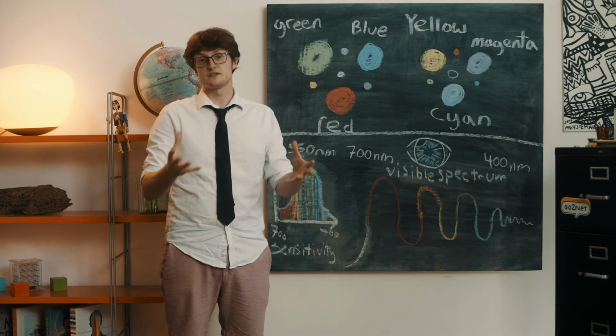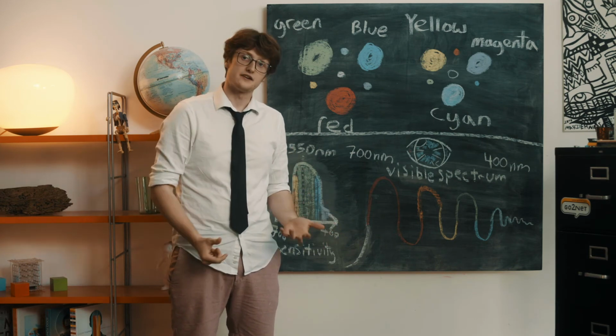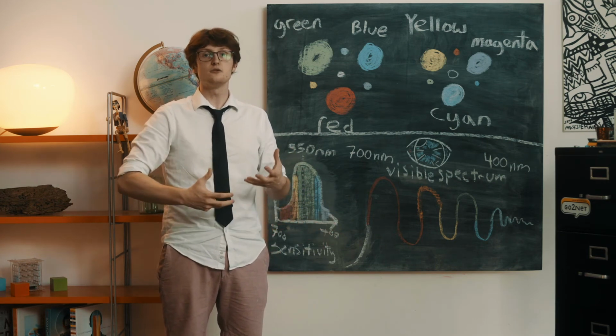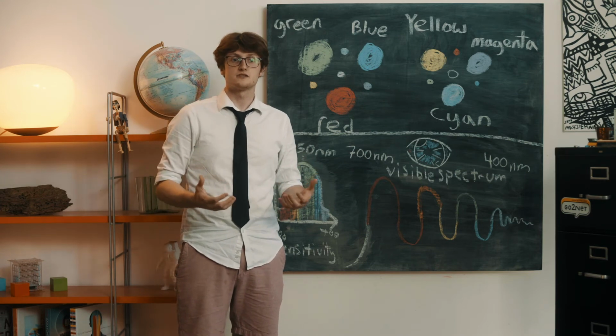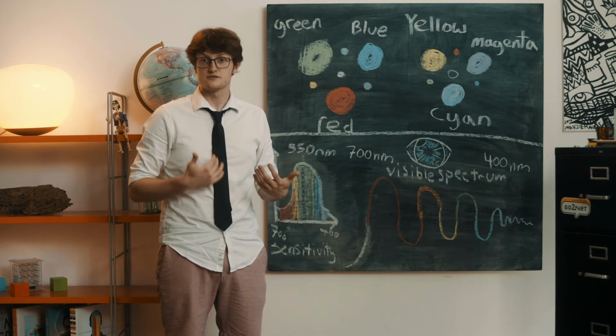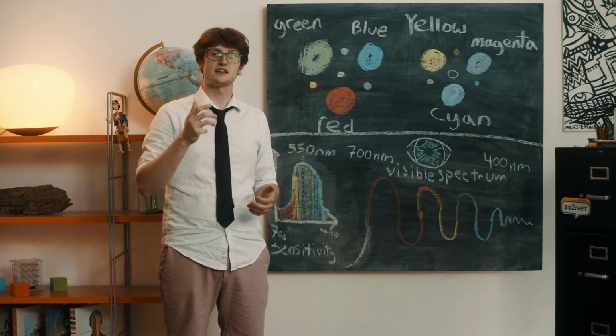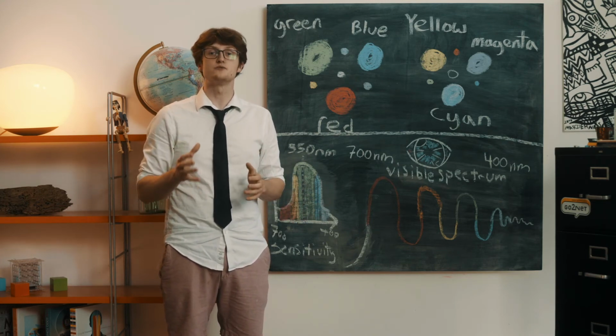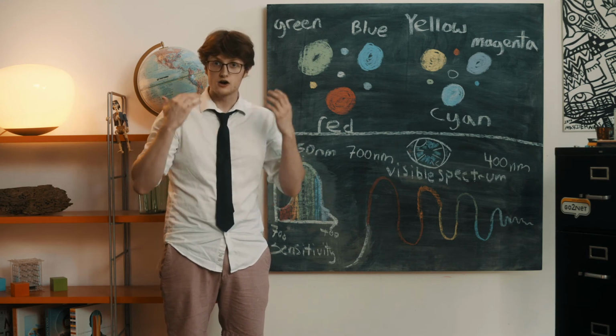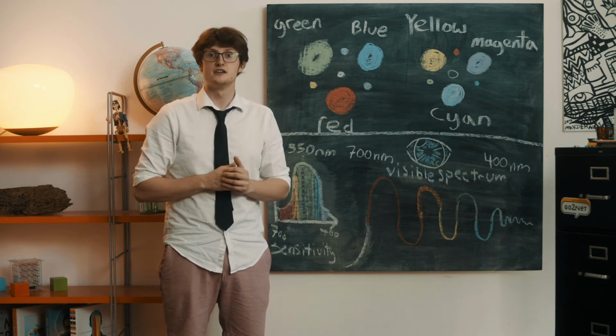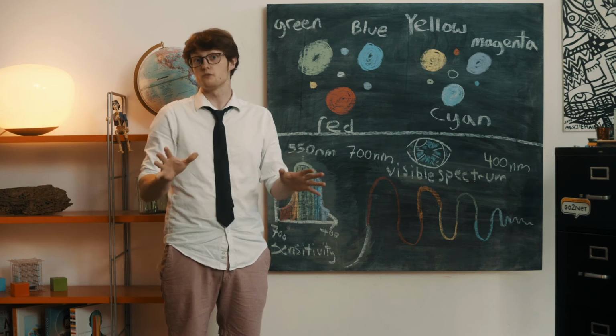Now, different devices have different sensitivities, and different animals have different sensitivities to light. So it's pretty cool to think about things not just in terms of humans, but also in terms of equipment and other animals. So let's go ahead and take a look now at some really cool things that we can do to manipulate our cones and our sensors